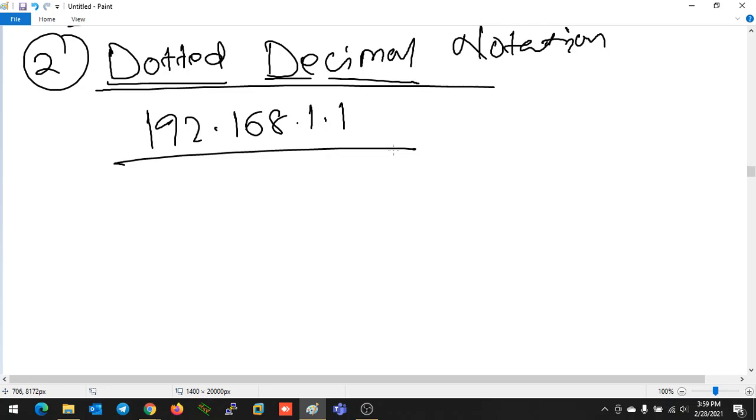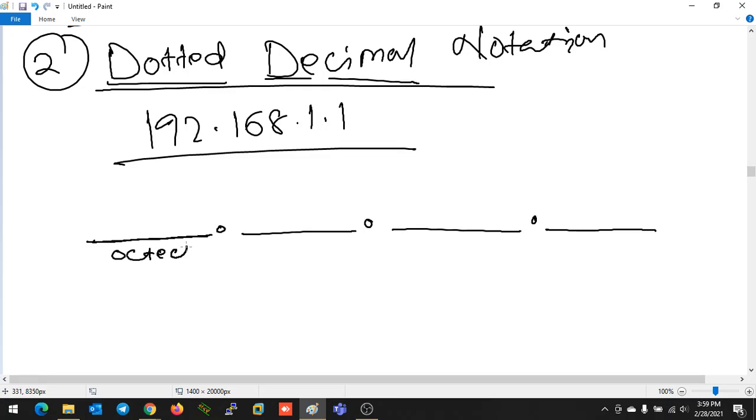So first I told you that the 32-bit IP address will be in binary format. But how does the dotted decimal format come in? How do we make this 32-bit? Certain rules are there. The rule is that in dotted decimal format, the total 32-bit IP address is divided into 4 parts. That part is known as an octet. This will be the first octet, the second octet, the third octet, and the fourth octet.